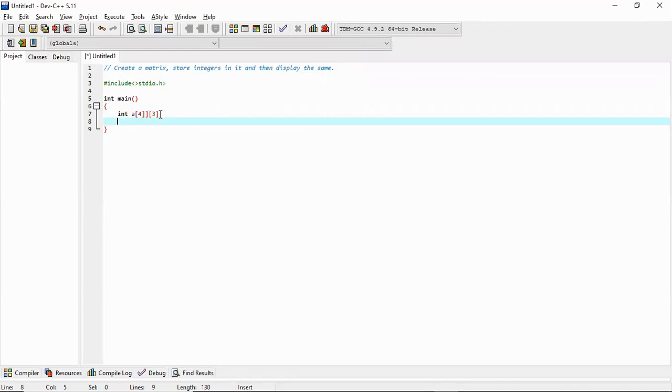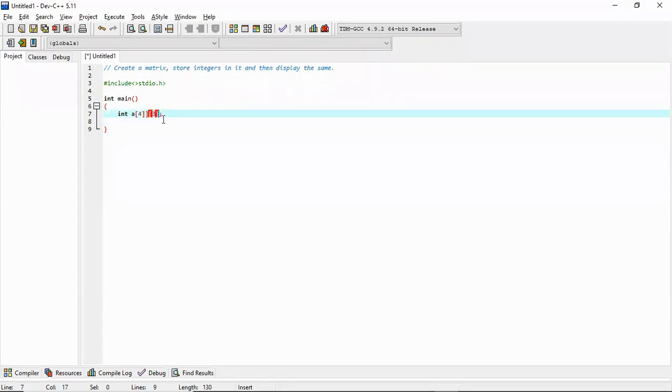Now there are two ways to insert values into this matrix. Either we put the values directly into it inside the code, or we leave it to the user to input the values. If we want to directly input values into this matrix, we can directly write an equals sign here.